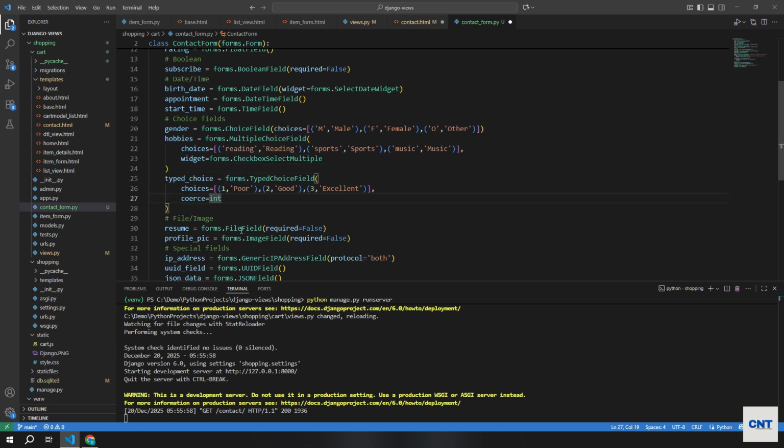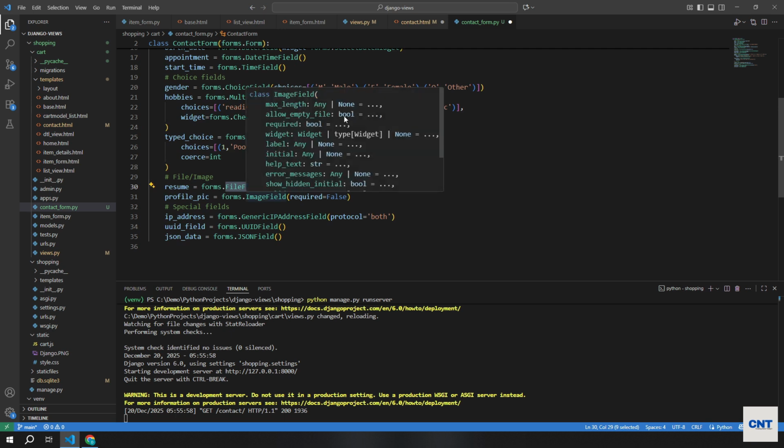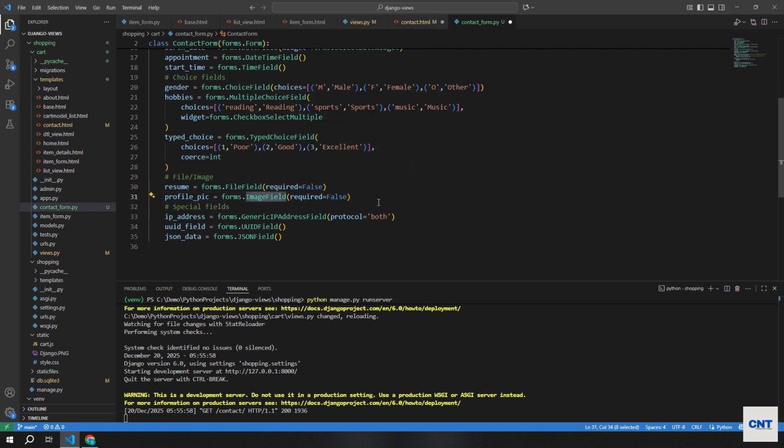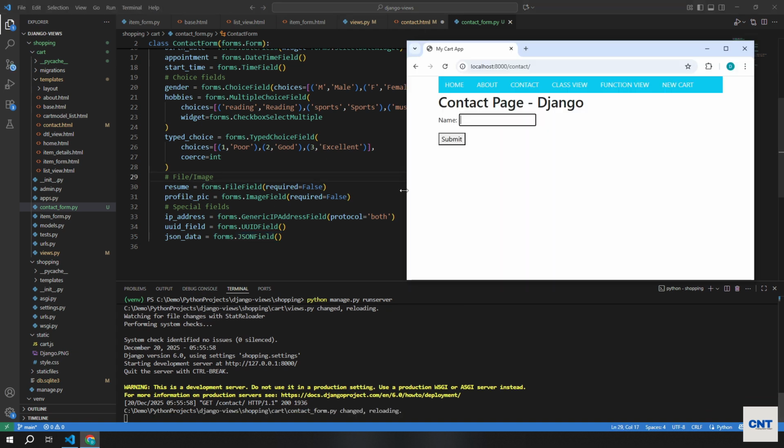Okay, we have FileField, we can upload files, and then we have ImageField, we can upload images. All right, this is for taking IP addresses. It will contain validation itself, right? We have UUIDField, that is a unique identifier value, and then finally we have JSONField which will contain JSON data in your text box. I'm refreshing the application now. After saving it,